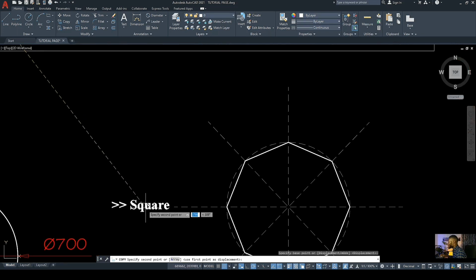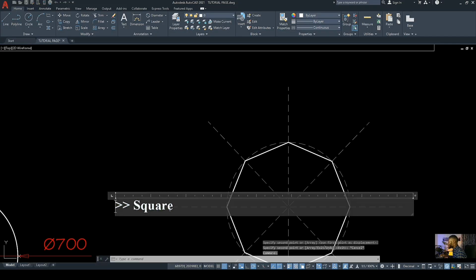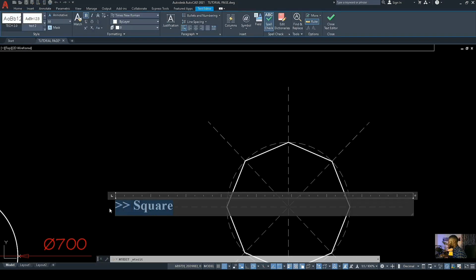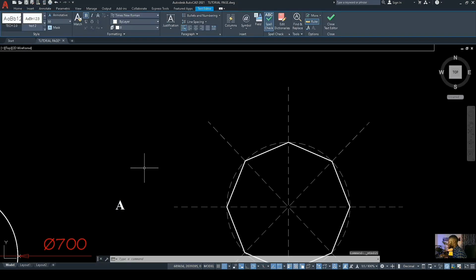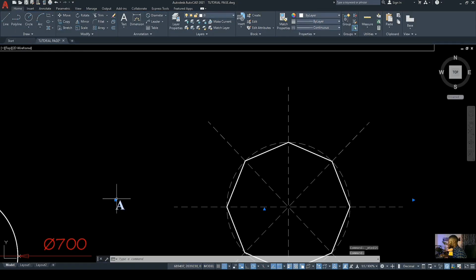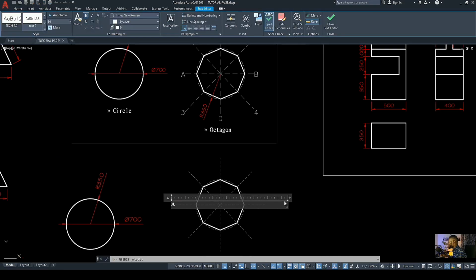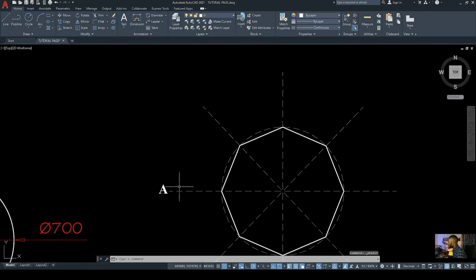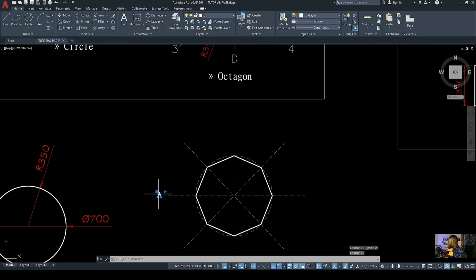Let's start from this point. You place it here. So you double click it to edit. Then you enter the alphabet A. So you can pull it close to your line, your construction line. So we can reduce our text bar this way. So this is it. So now we can copy all of this and place